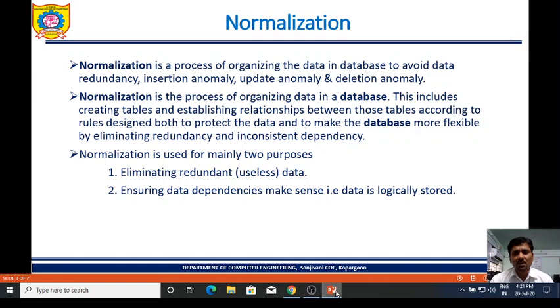Most important, to store data logically and to remove duplicate data, to eliminate redundancy, we use normalization. We implement normalization on database tables.